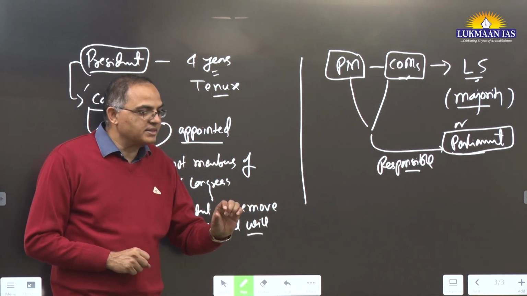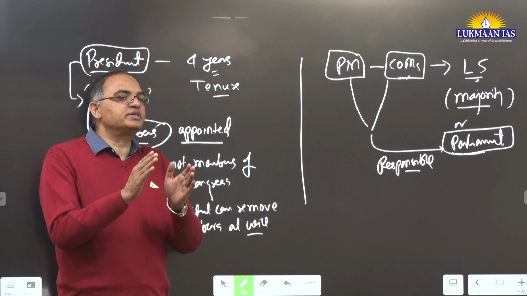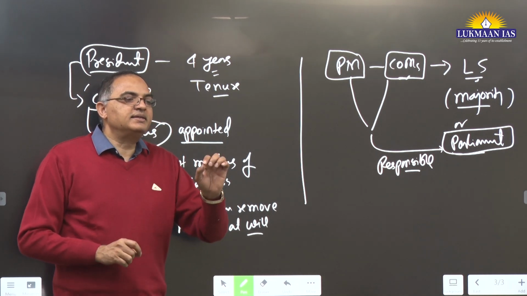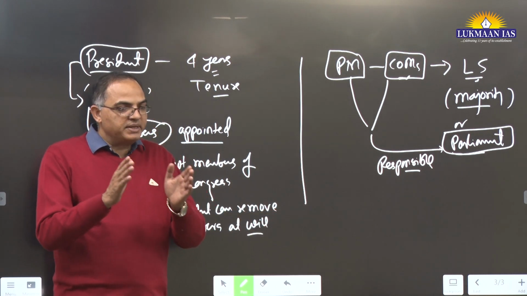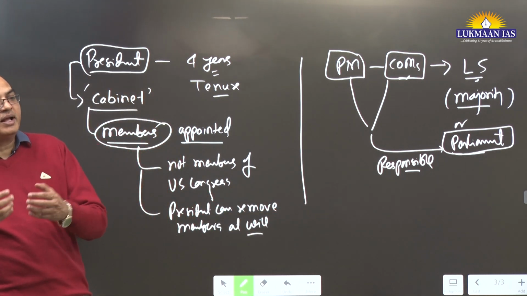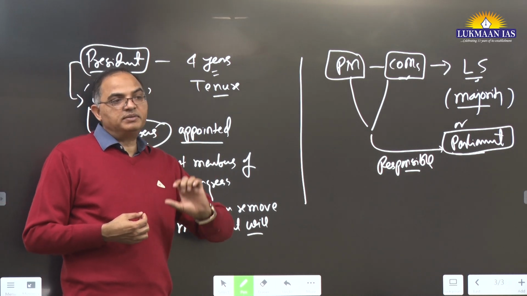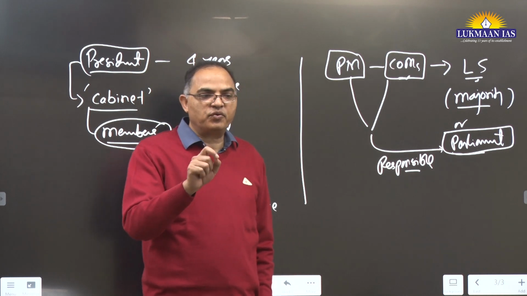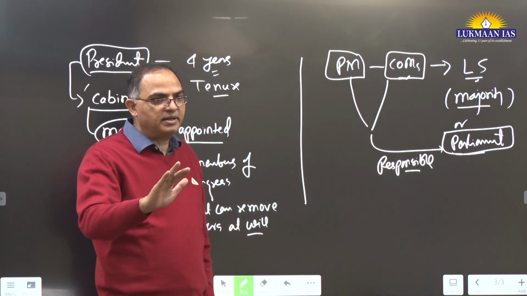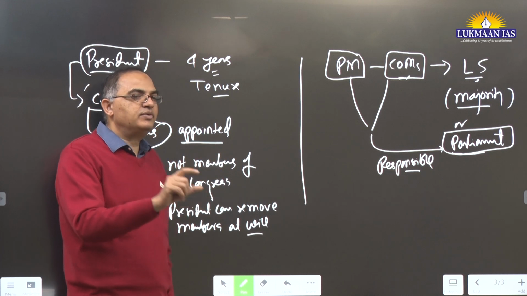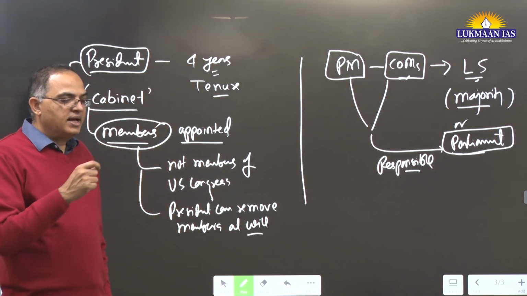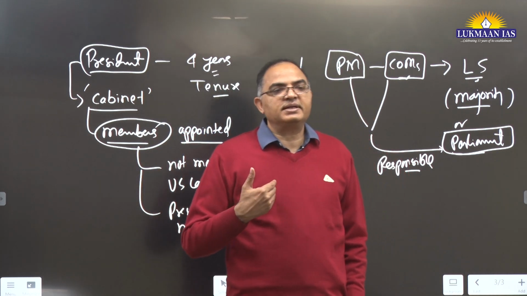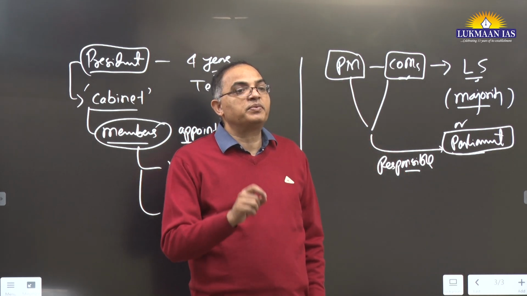So parliamentary democracy is a democracy in which we give emphasis to collective responsibility. The Prime Minister is considered first among equals, and there is a dominance of the party system. But the presidential system is a system where a person dominates, a personality dominates, and that person is voted by the people for a tenure of 4 years. Tenure may differ from country to country, but in the US it is 4 years, directly elected.